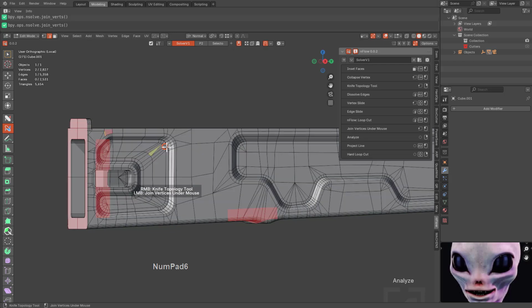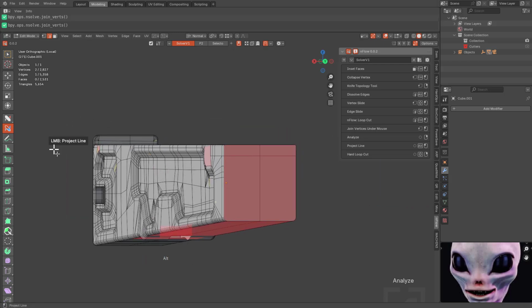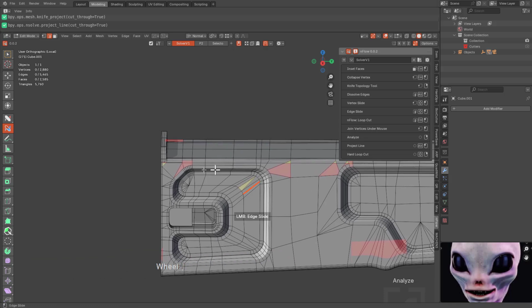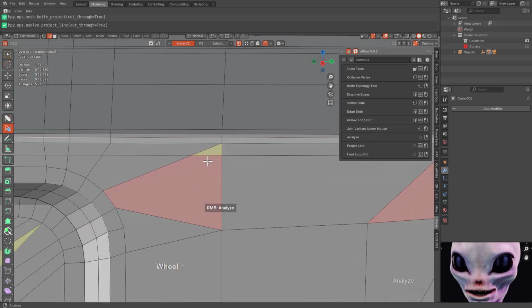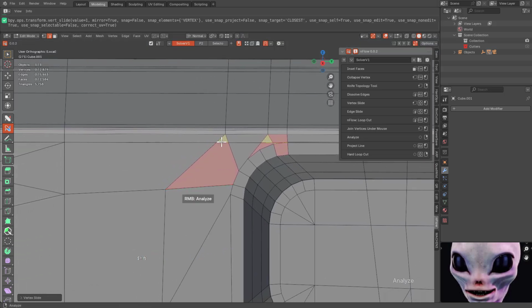Here, let's look at it like so. We're just going to rotate the view. And let's just try a bad idea. And we'll just slide this over. Slide that over.